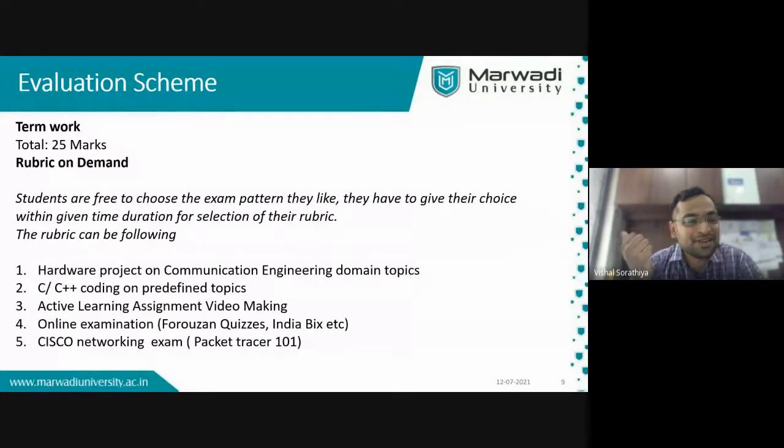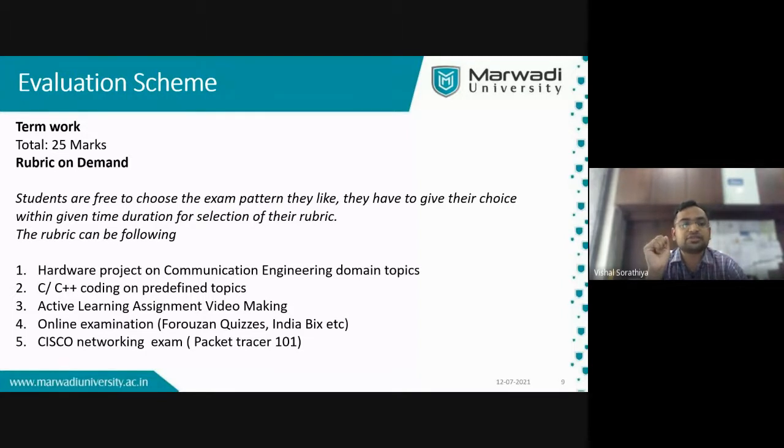It's okay. So in the online examination, we will give you a specific website or topic, and we will give you the website link also. From that link, you need to attend the quiz, and whatever score you get, you need to submit back to the faculty, and the faculty gives the marks from that.